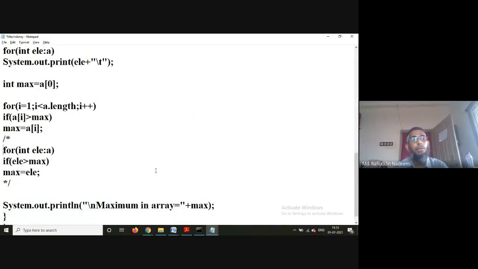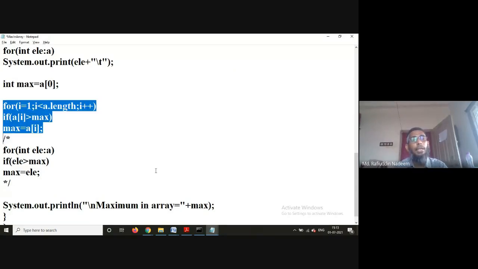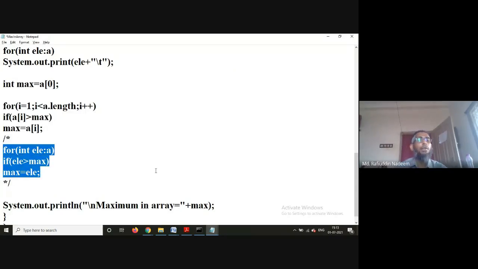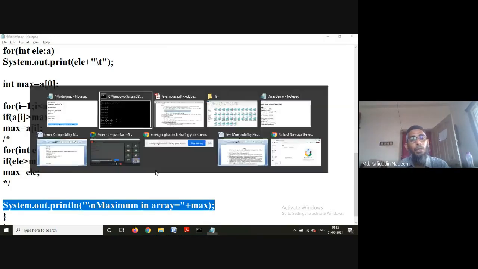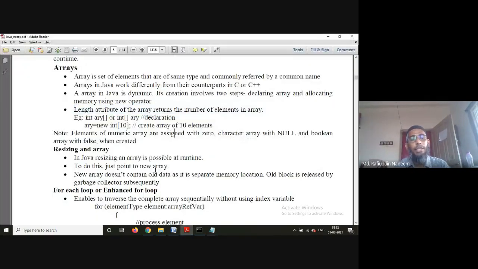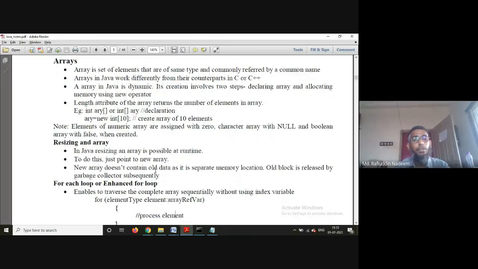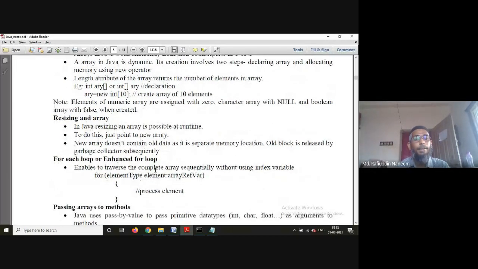Of course, the same thing that has been done here can be done using the for each loop also, like this. So take each element, if element greater than max is false, and if it is true, then max will be assigned the element, otherwise it will go to the next iteration. Okay, so then the maximum element will be displayed. Got it? So that is about the for each loop, which can be used in case of loops.